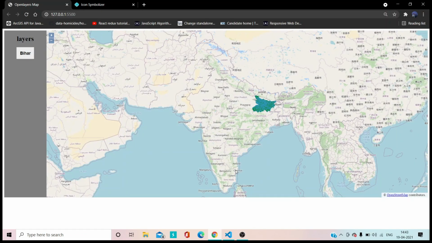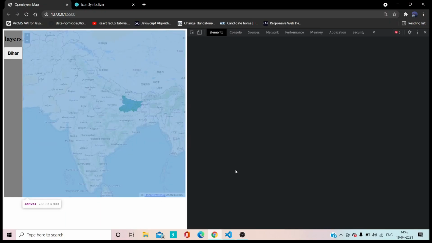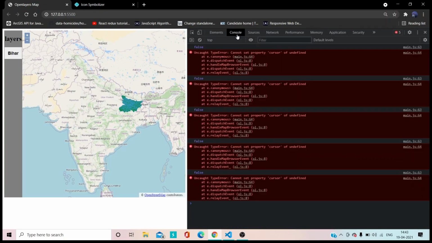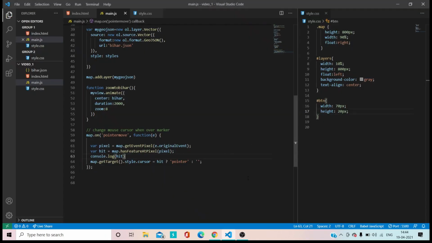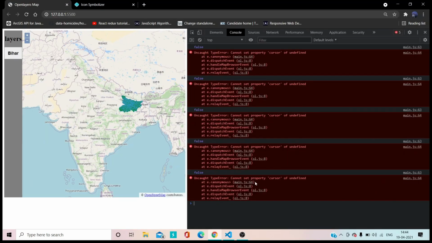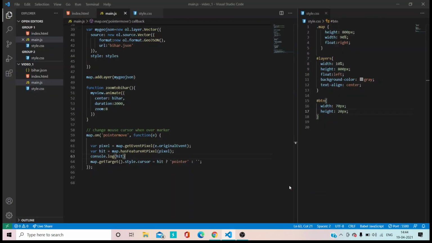So once I go and inspect, oh, so many errors are there. Cannot set property cursor of undefined.